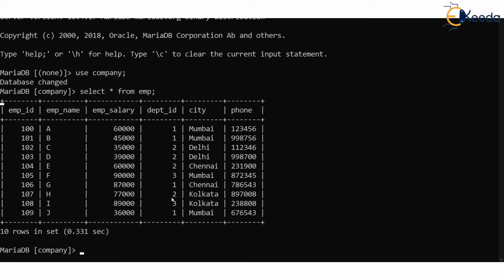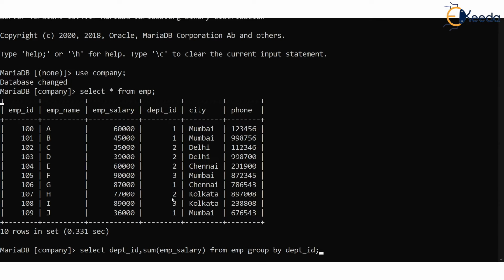We will say select DPTID, comma, sum EMP salary. That's the name of the column, correct? From EMP group by DPTID. Isn't it so? So you can see this is the output.